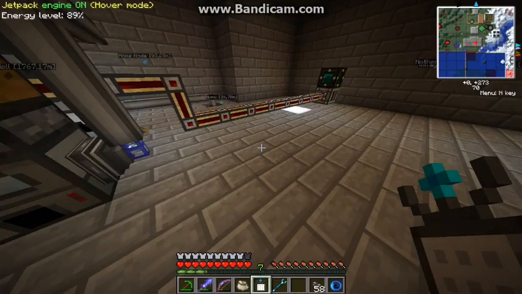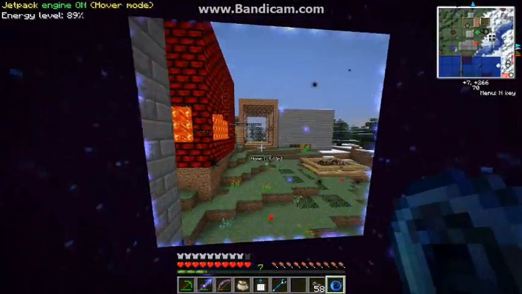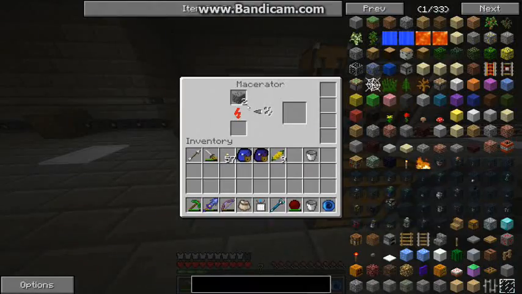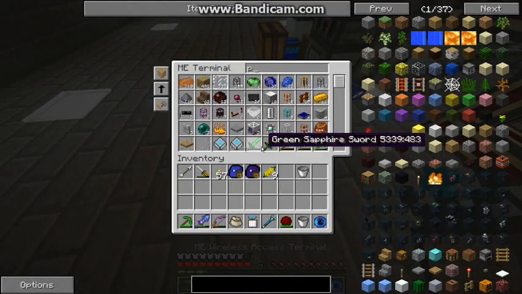I don't have any buckets in here, so I'll go get a bucket of lava and a bucket of water, and I'll fill this up and I'll be right back. There we go, buckets are in there. This thing is producing cobblestone. The macerator should be making sand. It'll need a few overclockers though. In fact,